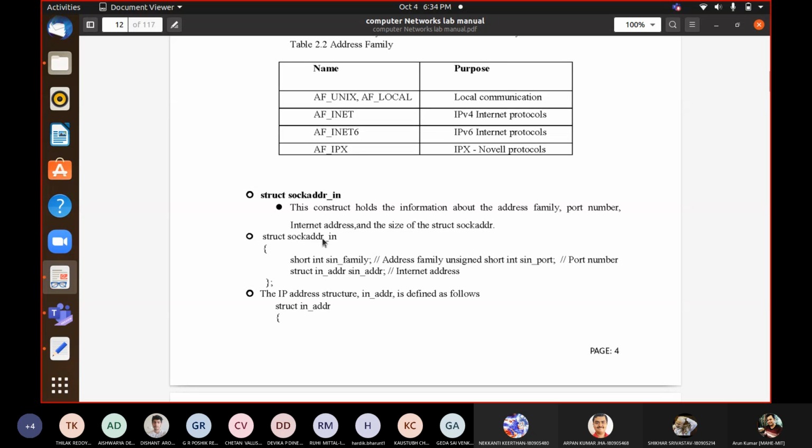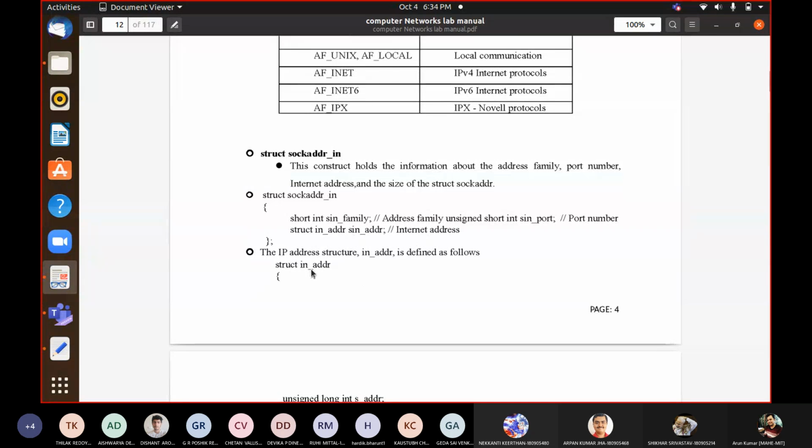Then the third item, you can see, is also a structure type, struct in_addr. This is for an IP version 4 address. They have constructed one more structure specifically for the IP version 4 address, which is also part of the item type of sockaddr_in.